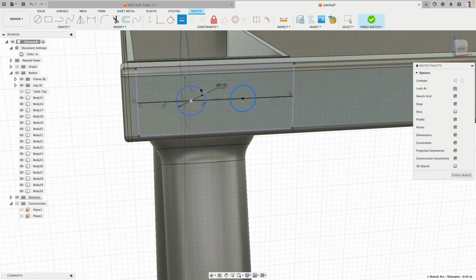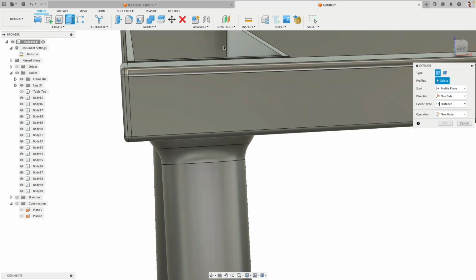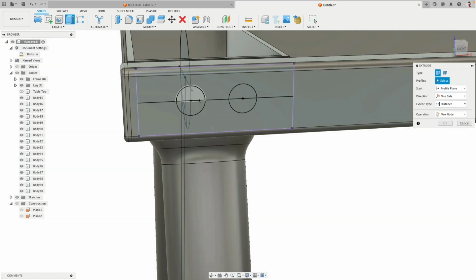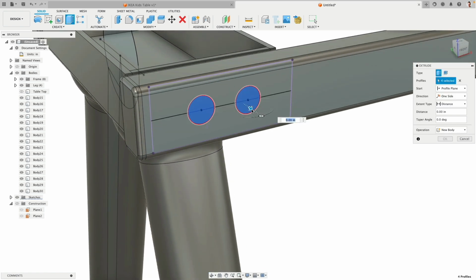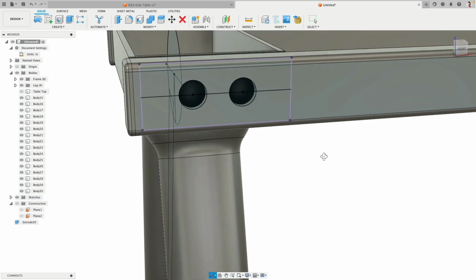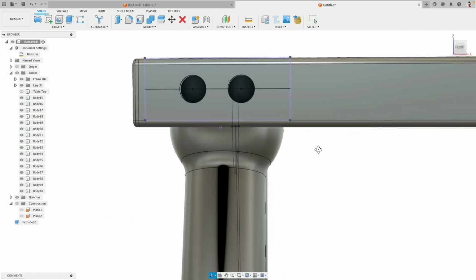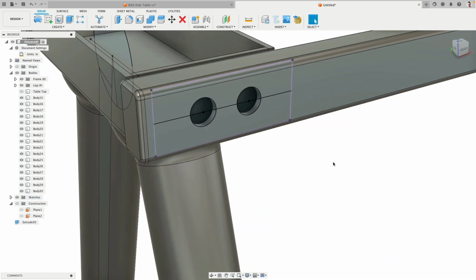And U to U equal. Perfect. And with that done, I can just go to extrude. Just need to take a look at this sketch there and cut through into the piece. There we are now. So logically,